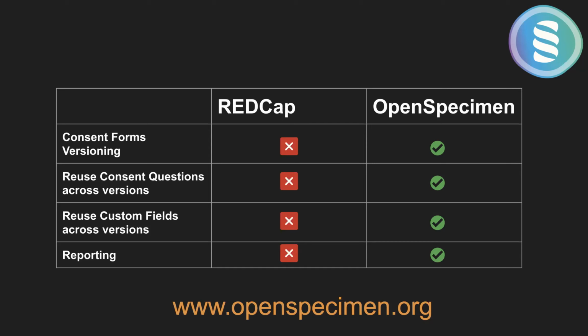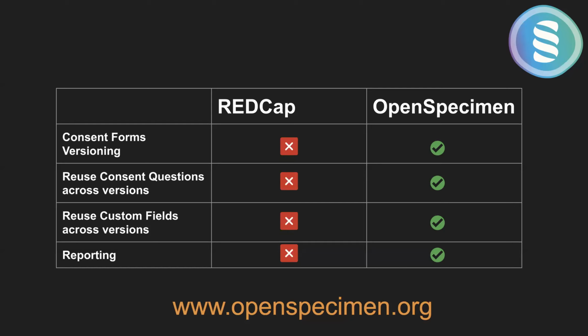Same way, the custom fields in the consent form. For example, you have things like consent witness, consent date, etc. Again, you should be able to reuse them and not have to create additional, independent fields in each form or each language. And when you have all these things done, your reporting becomes seamless, because from what I know, REDCap does not even have a reporting module. You can just export these sheets, or maybe there is some basic reporting. I'm not an expert in REDCap, but you all who have used Open Specimen and its reporting module can build reports based on conditions.